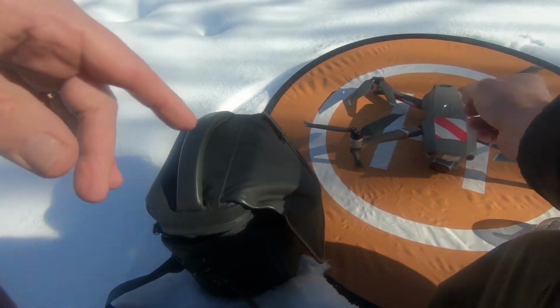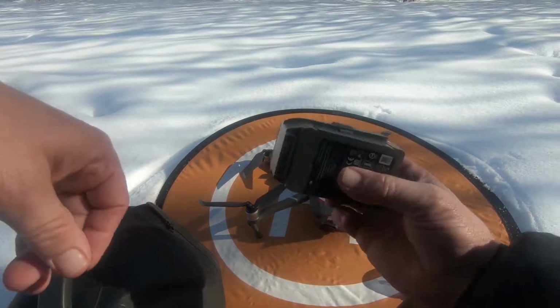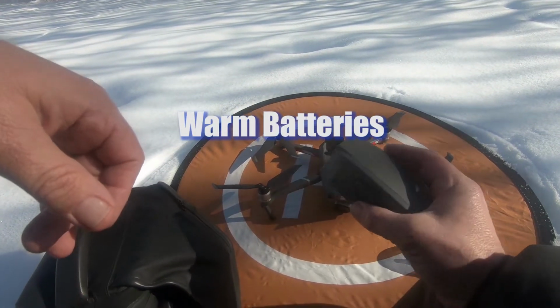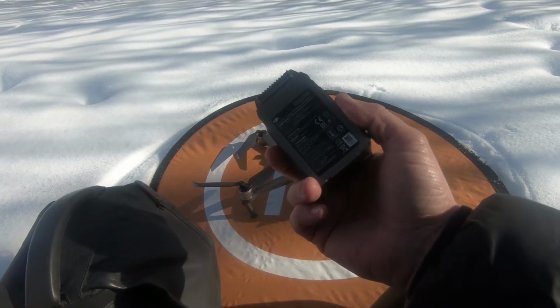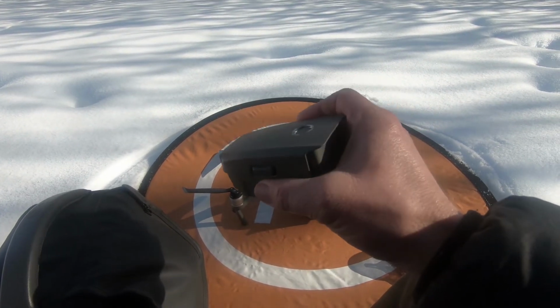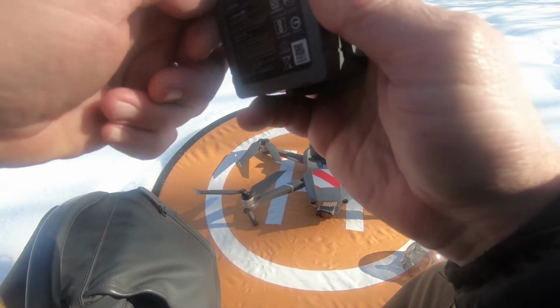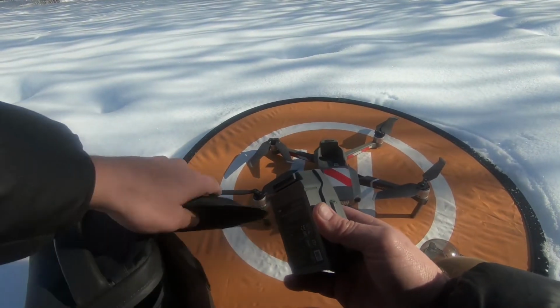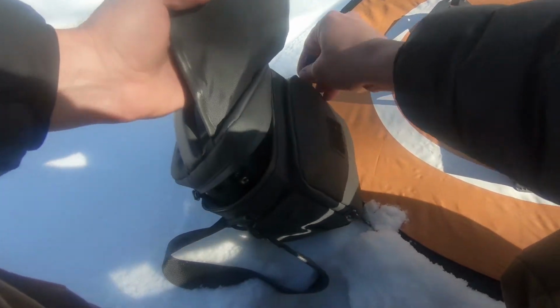The most important part of flying in cold weather is your battery. The battery needs to be warm before you launch. Some of the drones won't even take off if the battery's cold. It'll just sit there and go, what are you doing? So I keep them in an inside pocket close to my body and keep them warm. If I'm going to be out and about on an ATV or goofing around in the woods or whatever, then I keep